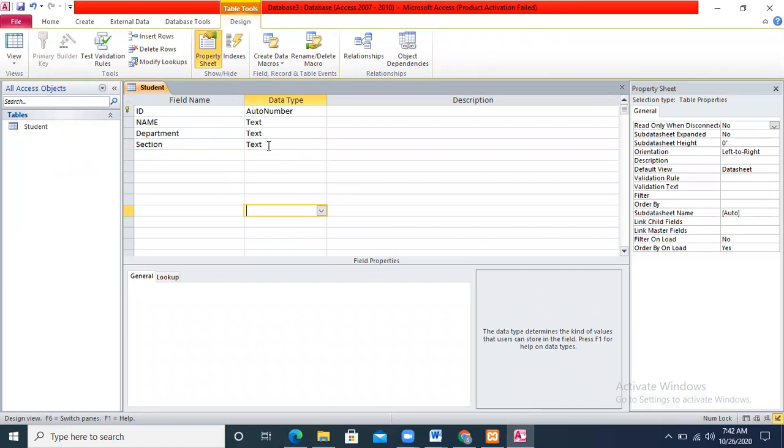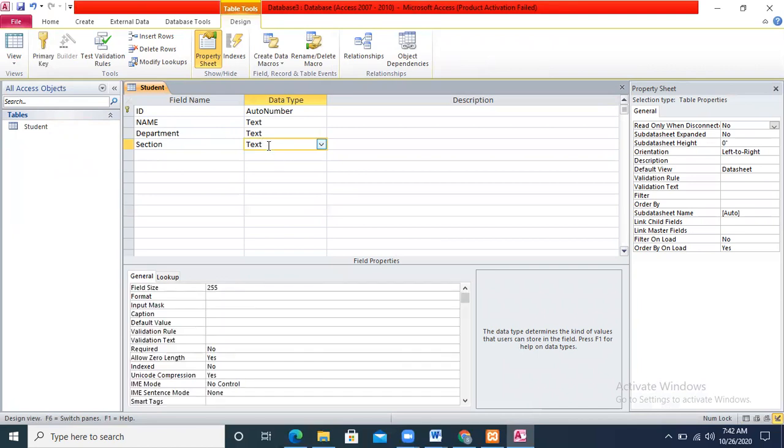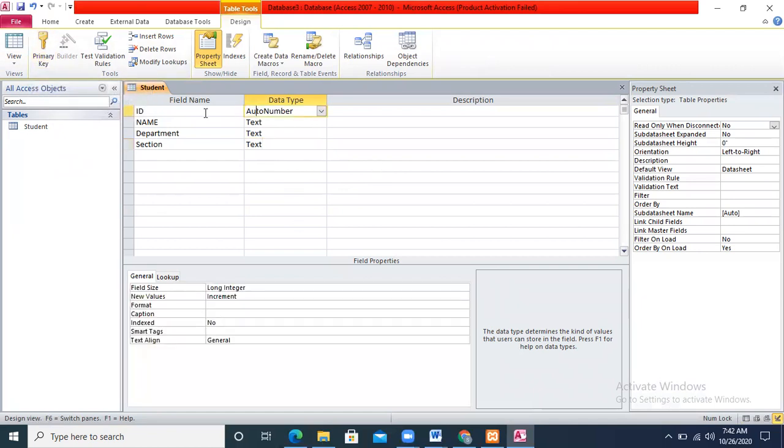In the design view, you cannot enter the values of this particular sheet. You can simply create your particular table. This will become the primary key if you select it over here. If you just leave it, then it will not remain a primary key anymore. Primary key is always unique. For example, in this particular field, this is auto number, so it will be increased automatically. I will make this particular field the primary key.